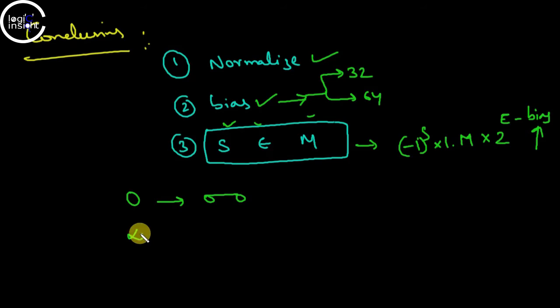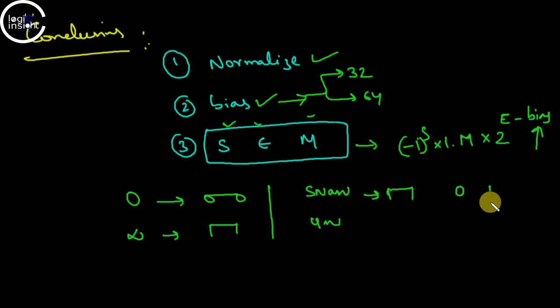For representing infinity, the exponent values are all 1. For SNaN and QNaN, in SNaN the exponent is all ones, the leading mantissa bit should be 0, and in the remaining bits there should be at least one 1. And for QNaN, the exponent values should all be 1, and